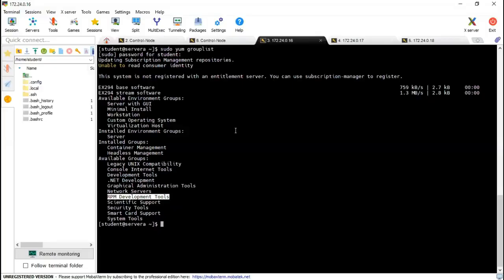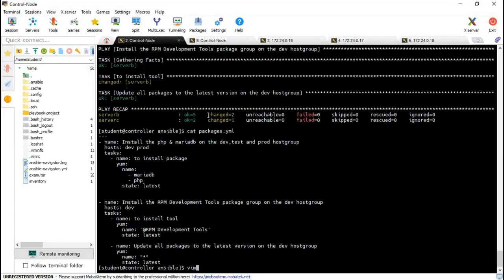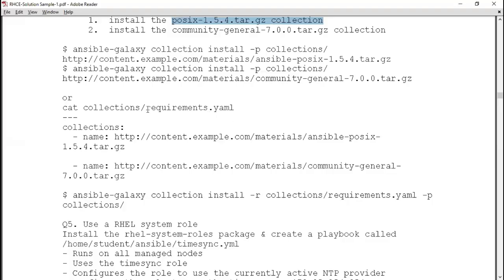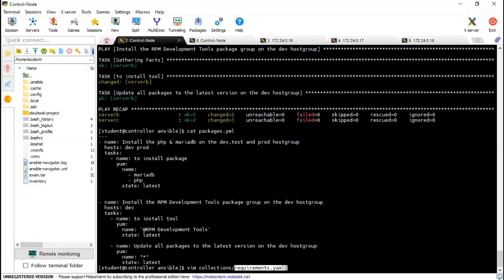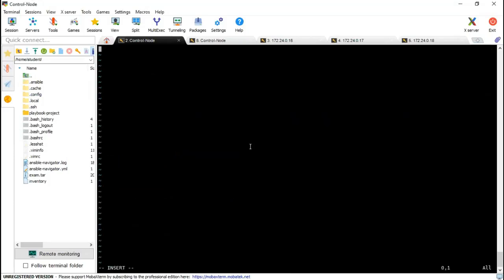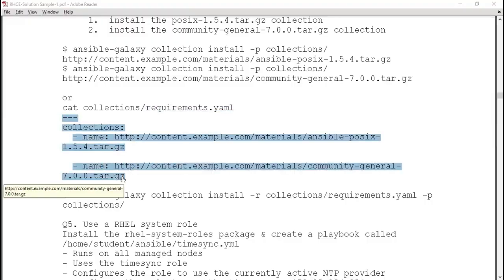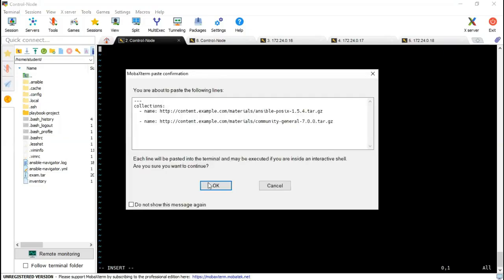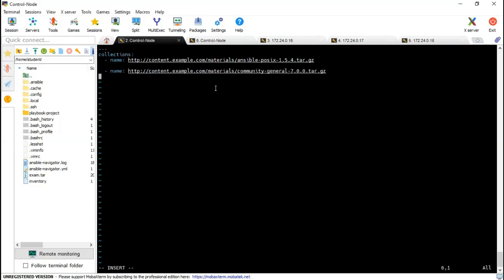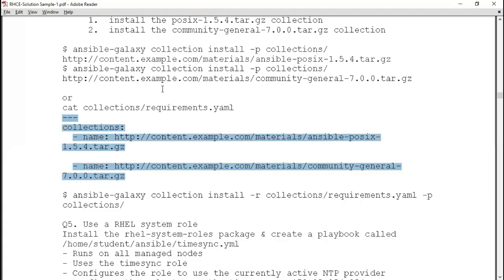So what I will do, I will create, let me copy the name requirements.yml. And inside this file, I will open this, copy this collection name, put it there. Right? So just copy paste the whole location from your question.